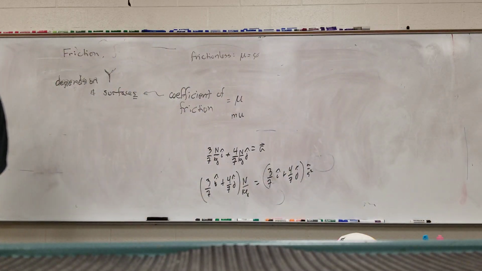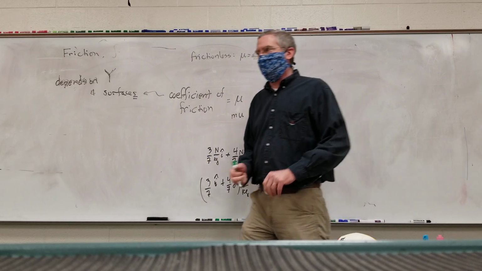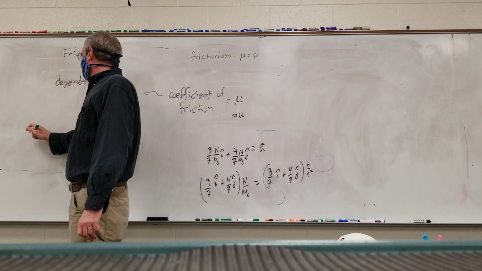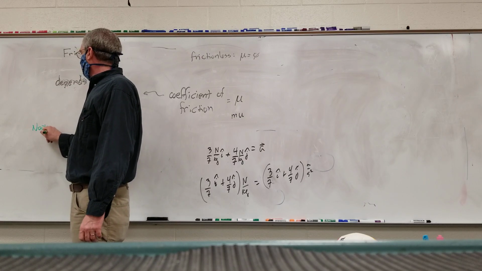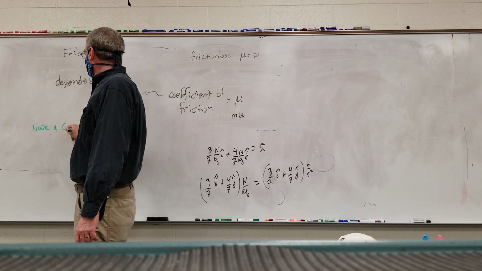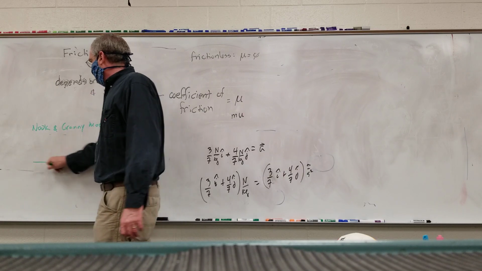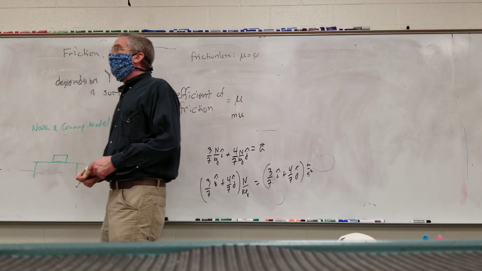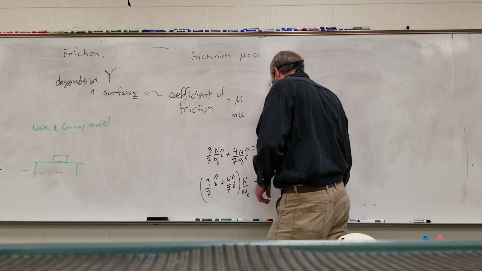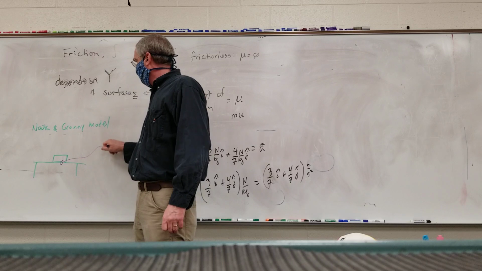Now, what causes it? What is it about the surfaces that causes friction? I'm going to give you two theories. The second theory is gaining a lot more support, but the first theory is what I call the Nook and Cranny model. That if I have a table here, and I have a book sitting on top, or a box, or whatever it happens to be, if I zoom in on a small little section right here,